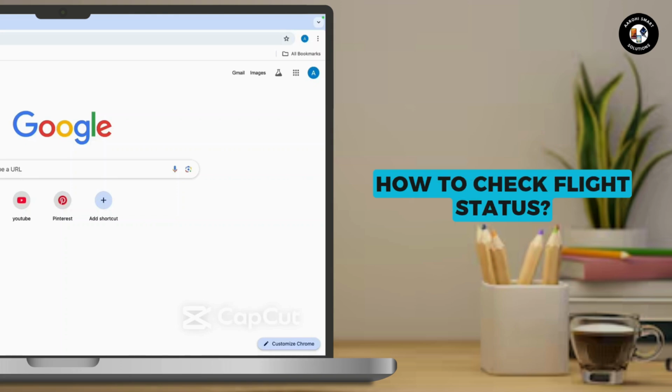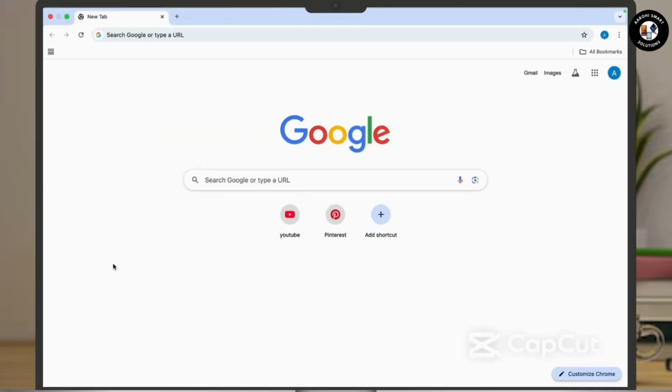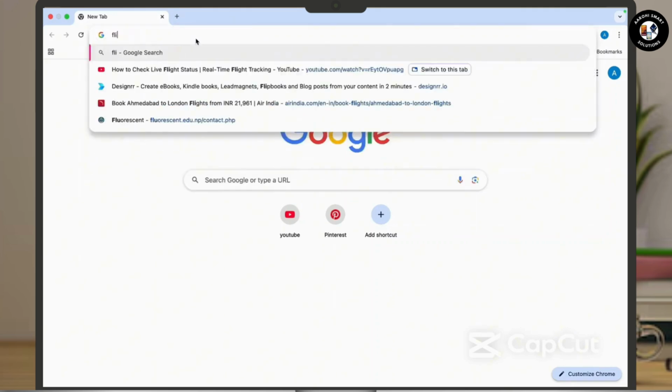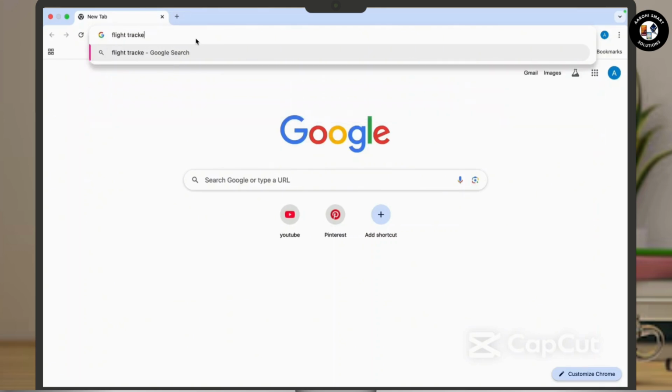How to check flight status. You can check live flight status easily using your phone or computer, and here is a quick guide. So let's get started. First of all, go to google.com and type down flight tracker and hit enter to search